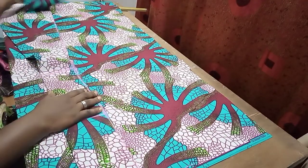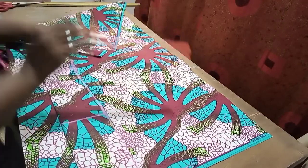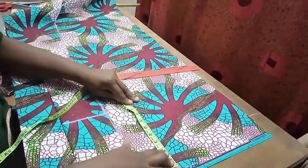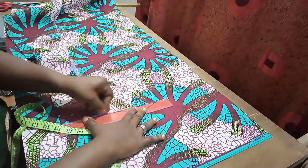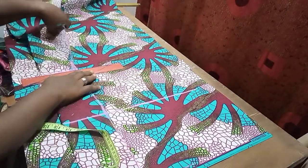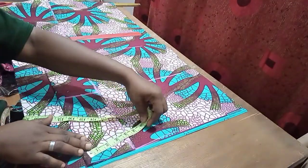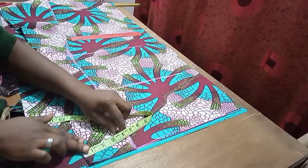But before that, I'm going to mark out the lines. Remember here, the waistline, the hip line is at 9 inches. So I'm just extending this line now. The hip line here and the new line here as well. Okay? So I'll take my waist measurement starting from here now. This part. So the waist is